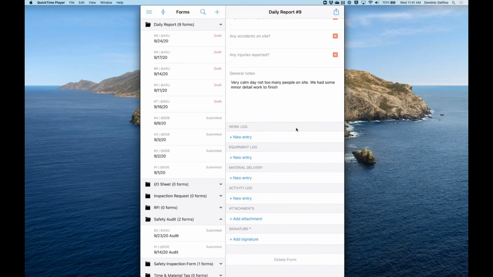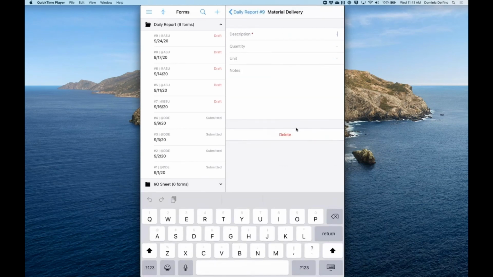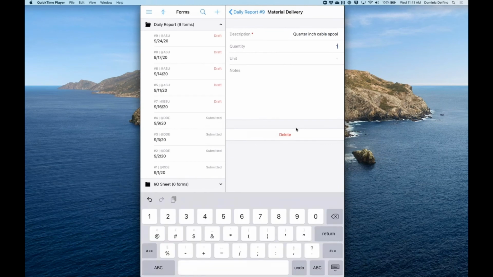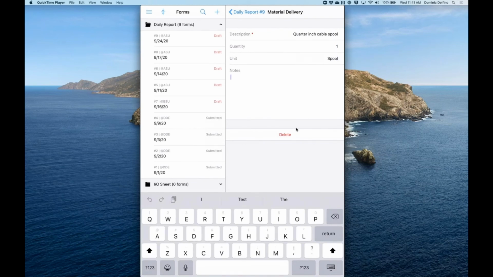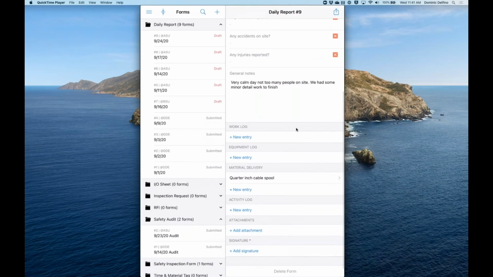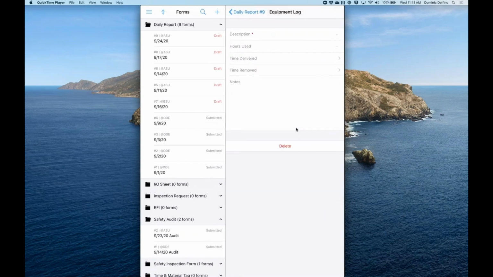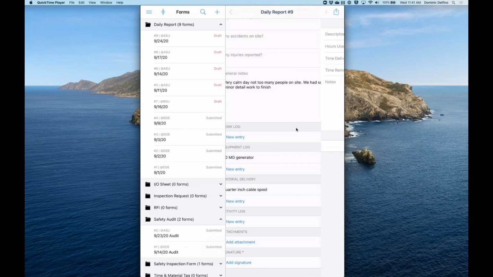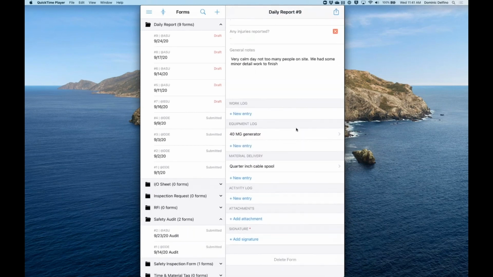So maybe I'll go material delivery, 1/4 inch cable spool, one, and we'll say spool here, no notes, can just add it in. And then I can add maybe what equipment we had on site that day too. 40 kW generator. Maybe we don't document how many hours it's used, but as I continue to add things,